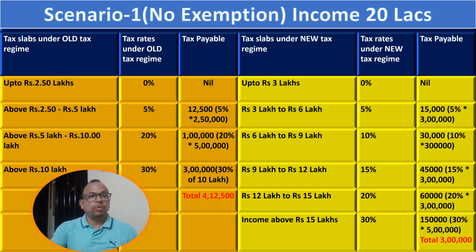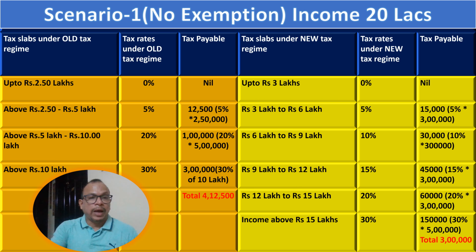So up to 2.5 lakhs under the old tax regime it is nil, and above 2.5 lakhs to 5 lakhs the tax rate is 5%, the tax payable is 12,000, that means 5% upon 2.5 lakhs, and the next slab